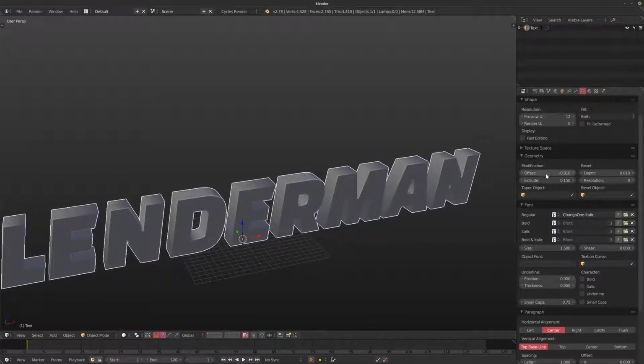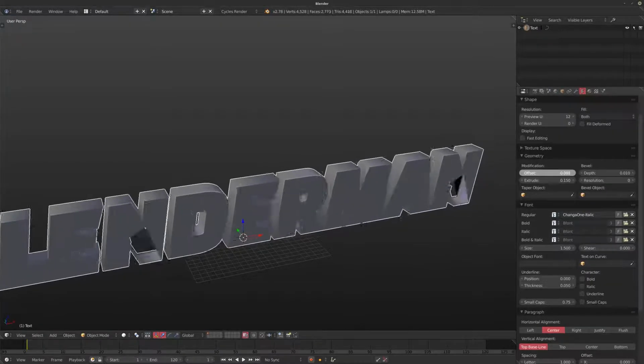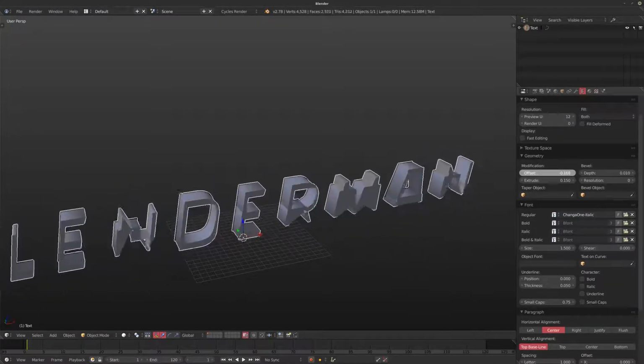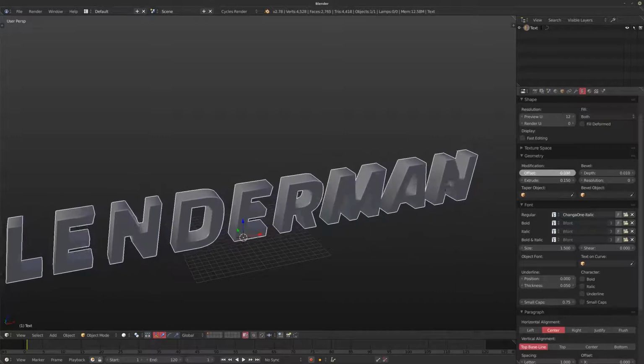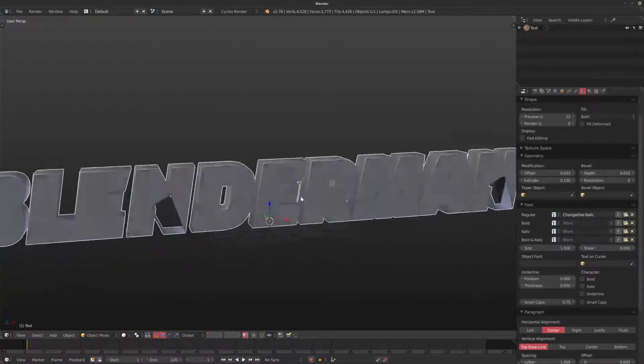Of course, you don't have to do that. It's just something that I like to do, but I wanted to show you the way the offset works as well. You can make your fonts bigger and smaller. Now, as you might notice, sometimes if you go too extreme, you'll start getting these weird intersections and these weird cuts, so you might want to watch out with those.